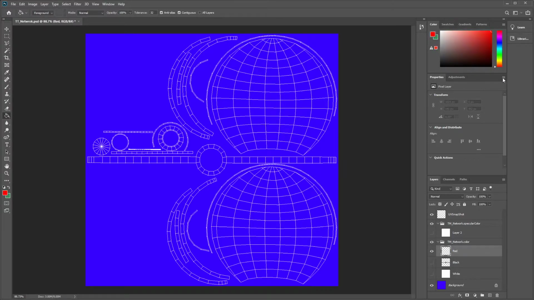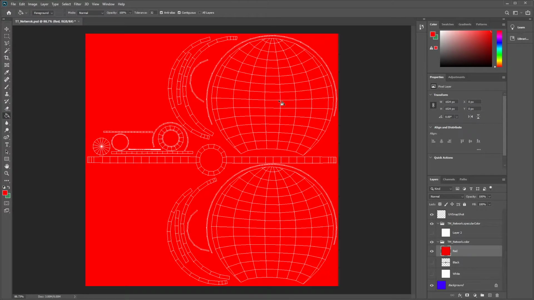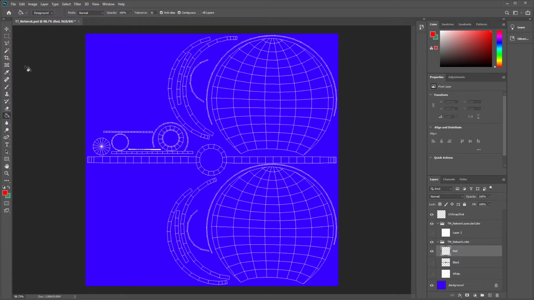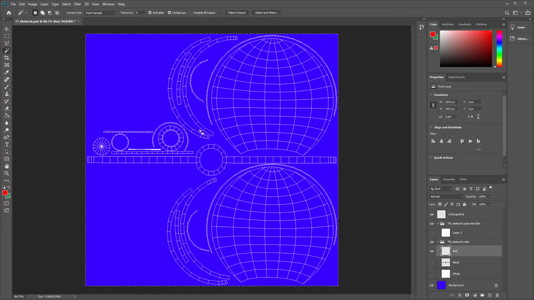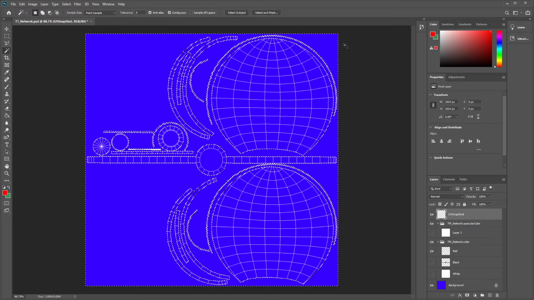So here I will just go, in this case over here, if I try to paint on top of it, it's just gonna go like that, so that's not what I want. I can actually create masks as well if I wanted to. I can select the magic wand and say, hey, select everything on the UV snapshot, everything that is not this,